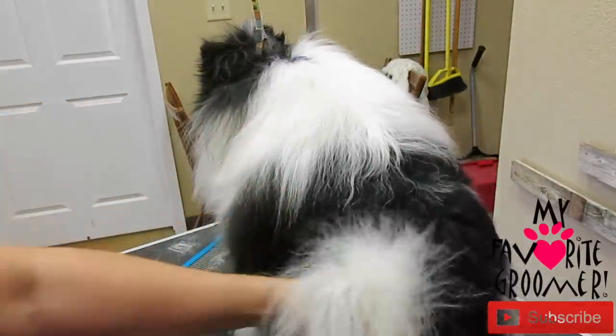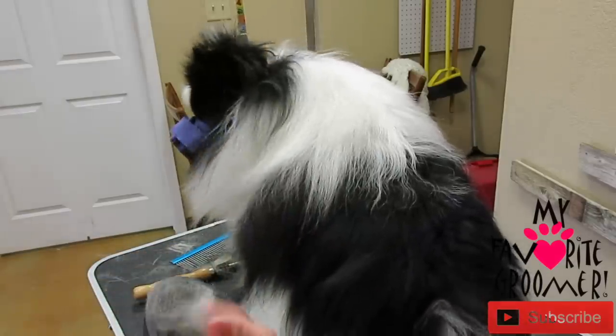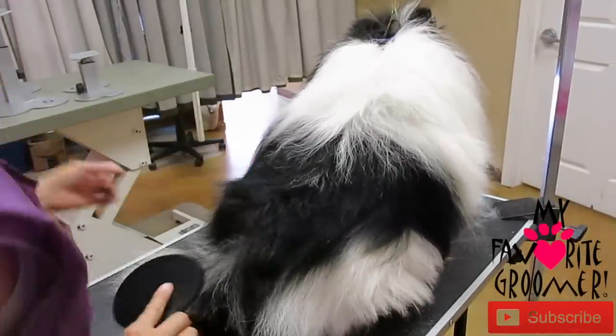He doesn't want to sit, so the dog upstairs is going to be so essential here. Can't move fast if I have to hold him up. So I'm going to do what I can and then come back and put the dog upstairs in